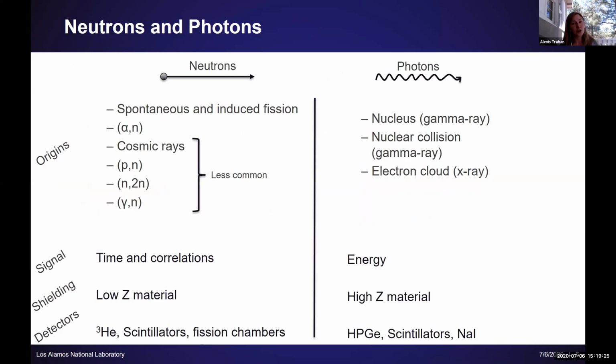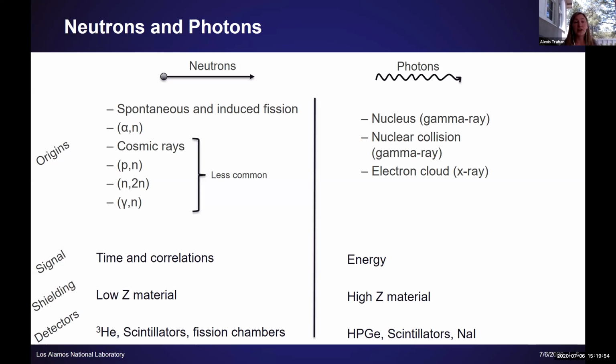So, diving a little further into the difference between neutrons and photons. And again, I like to point all this out because I think that those who are familiar with radiation detection tend to be much more familiar with the gamma ray side or the photon side than the neutron side. Whereas, like I said, I focus on the neutron. So I like to talk about both and make sure that we differentiate between the two, because they're really two very different problems whether you're measuring neutrons or photons for NDA.